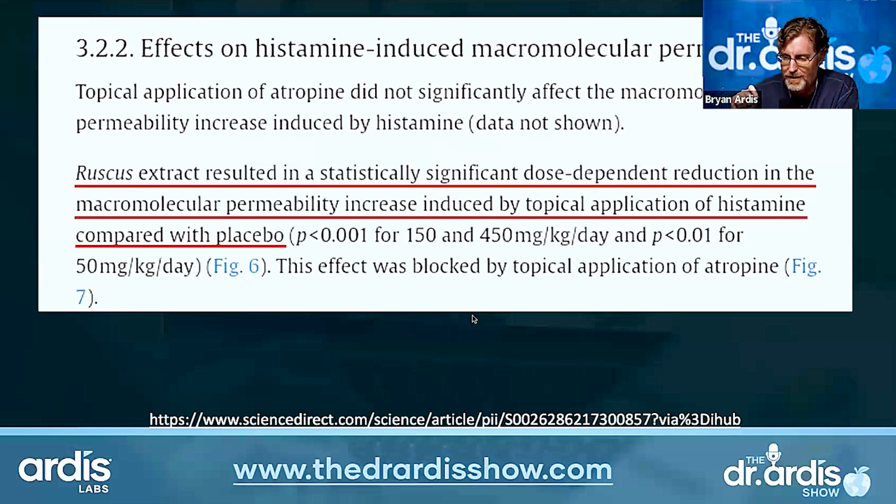The more we gave from 50 milligrams to 150 milligrams, there was a reduction in the macromolecular permeability increase induced by topical application of histamine compared with placebo. Did you know that when histamine is released in your body as an allergy reaction, it actually increases the width of your arteries and the width between the cells of your arteries and your blood vessels to allow blood to leak out into your body? That's what they're talking about here. And this is what they found when they gave these people butcher's broom and histamine at a dose dependent. It actually would seal up the arteries so that blood couldn't leak out as an allergy reaction to excess histamine